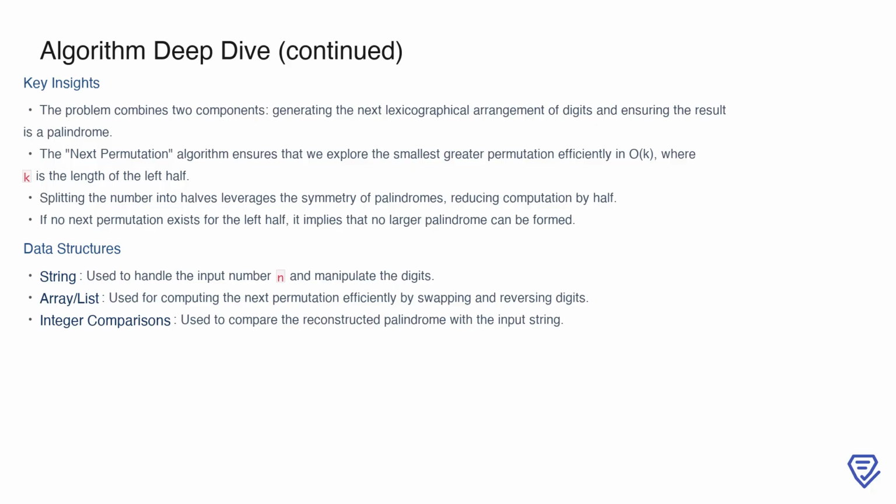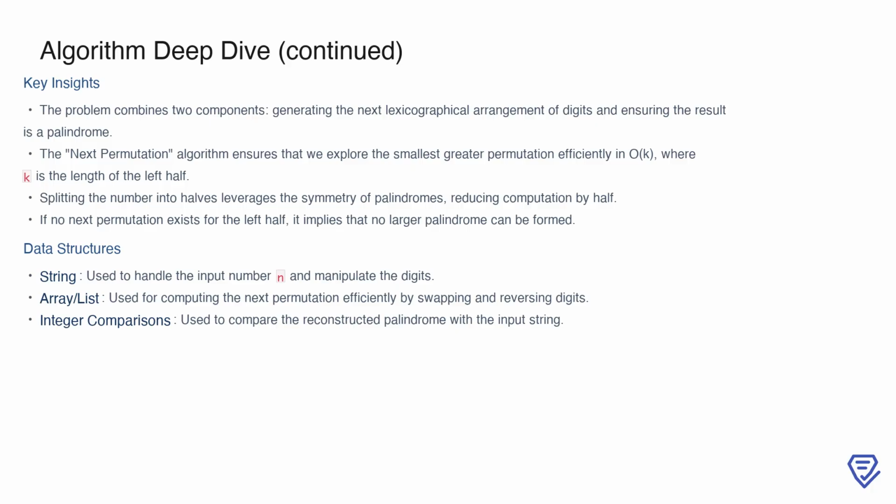The next permutation algorithm is efficient, processing the left half in linear time, which simplifies the task of generating the smallest possible greater arrangement. By leveraging the symmetry of palindromes, we reduce the computational workload, as only half of the number needs to be manipulated. Additionally, if no next permutation exists for the left half, this directly implies that no larger palindrome is possible, saving